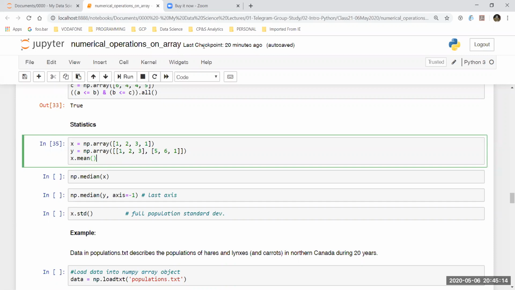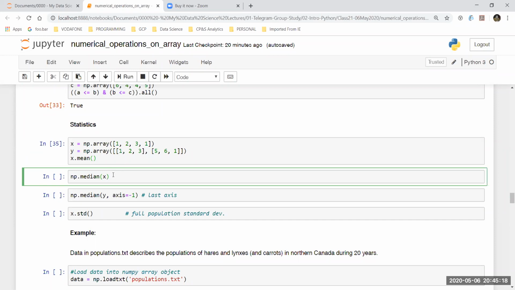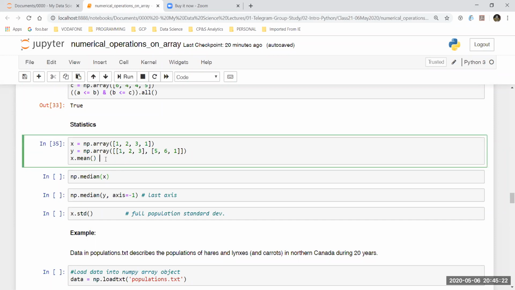I've never used the mode function with NumPy, so I'm not sure if mode is available with NumPy or not. But there are other ways to find out mode as well, right? We will anyways be using statistical functions more with the Pandas library, which I wanted to start as of today, provided we can finish this on time.